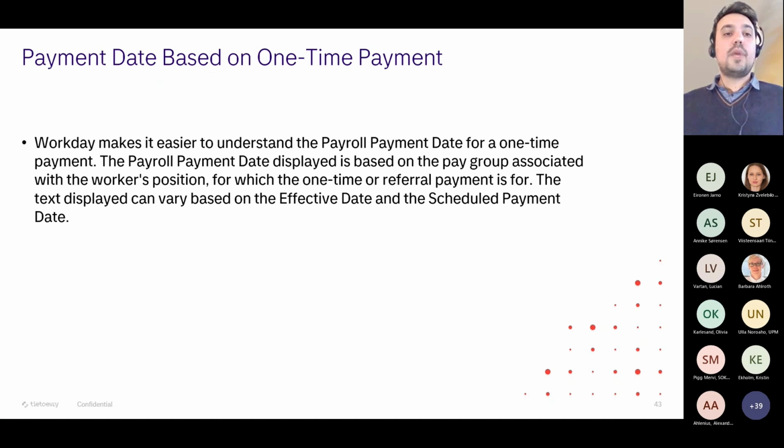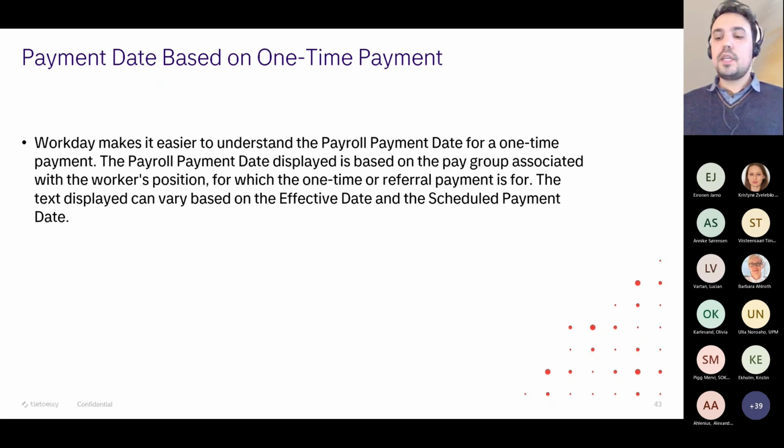And then you have payment date based on the one-time payment. Workday will make it easier for you if you have a one-time payment with an effective date, but then you have the actual payment date, which can be based on the pay group. So for instance, if you schedule a payment date on the 16th of March 2023, but based on the employee's